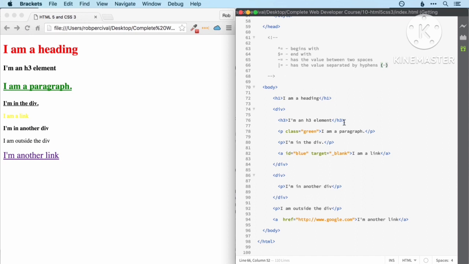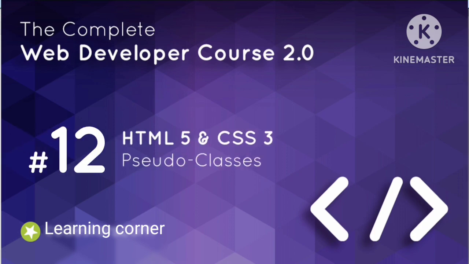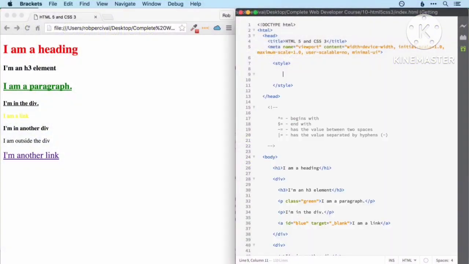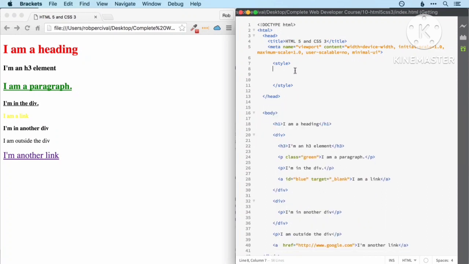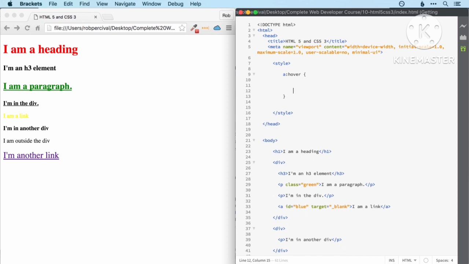That's just the start of our fancy selectors though. In the next video, we'll see how to use pseudo classes to select one or a number of elements. So you have actually seen a few pseudo classes before. Mostly we've used them when it comes to links. So for example, we've used a :hover to perhaps add underlining to a link when it's hovered over,